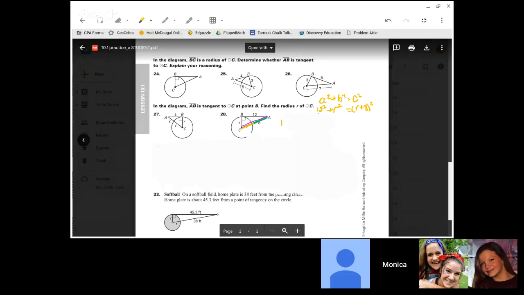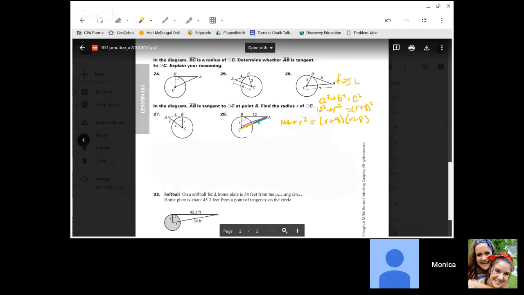Okay, so that's going to be 144 plus r squared, because that just kind of stays the same, equals. Now, r plus 8 squared, do you know what that really means? How we would expand that? Yeah, you have to FOIL it. So we're going to have r plus 8 times r plus 8. Okay, so FOIL